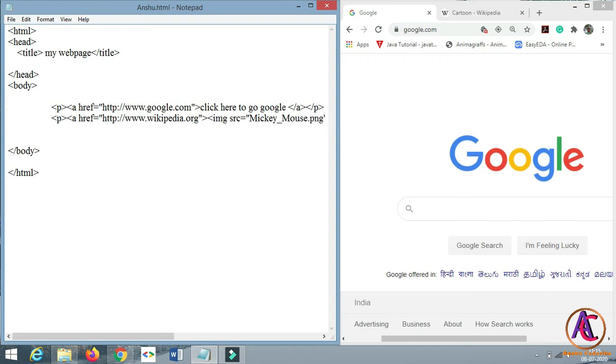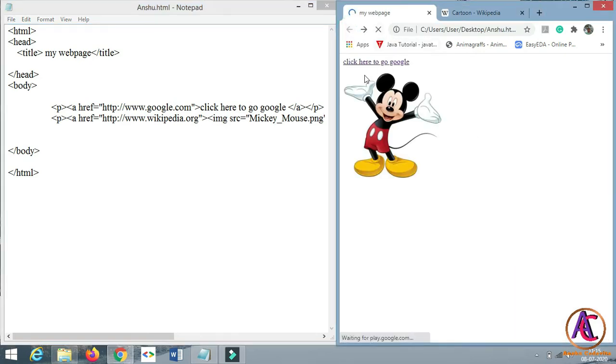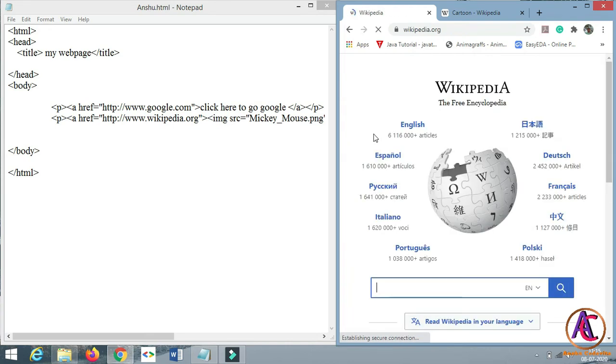Save this and refresh it and come back to our website, and here you can see that the image appears with a link to Wikipedia. Click on it and it will direct to the Wikipedia website.